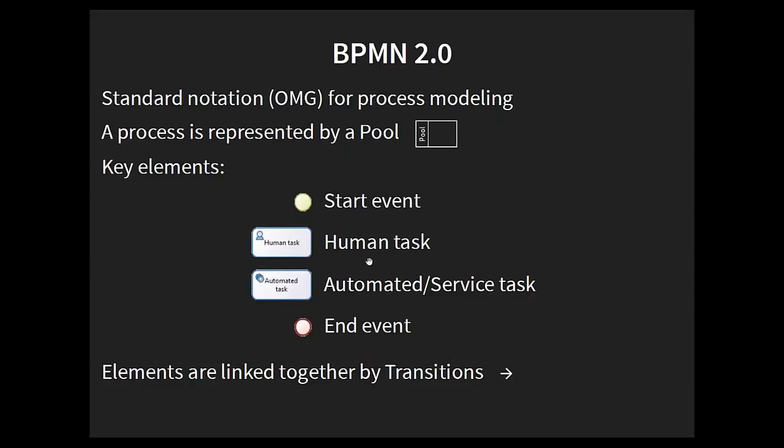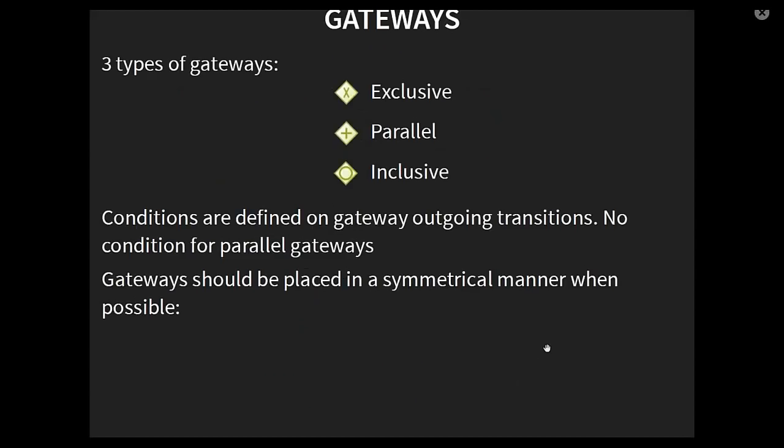And again, all these elements are linked by transitions. You will see that we can also use gateways between these transitions. Gateways are really something that you need to make sure of. Sometimes it's sequential, but sometimes you need some parallel tasks to be done at the same time, or you want to make sure that only one transition is taken because you are running in a specific context. Let's say if you want to book a travel, either you book a car or you book a flight. So that's something that will be conditional, and sometimes in your process you will be able to provide this condition.